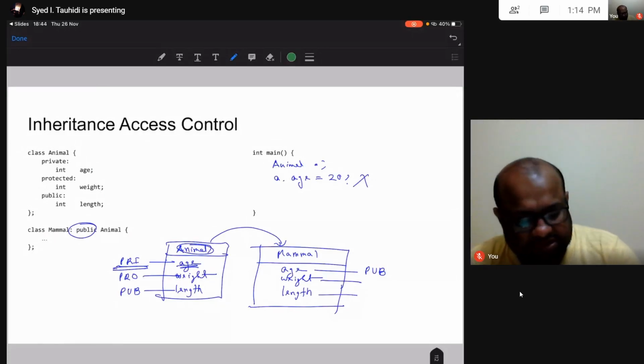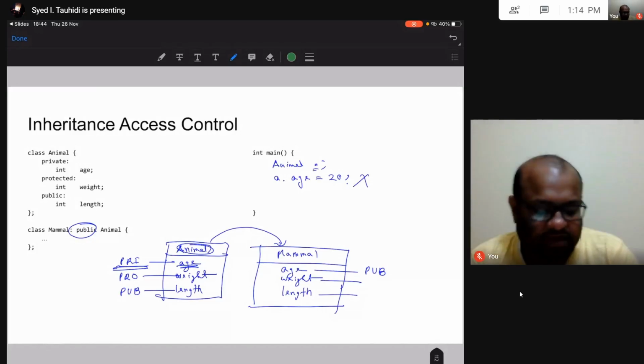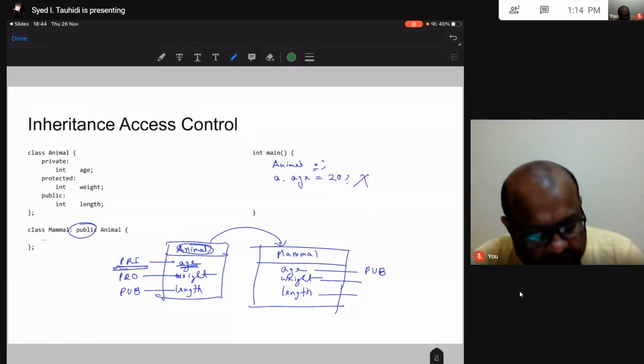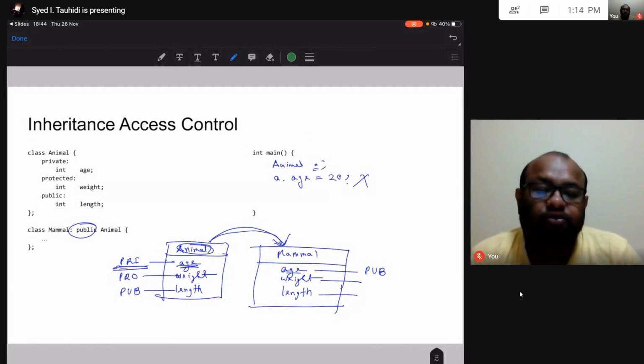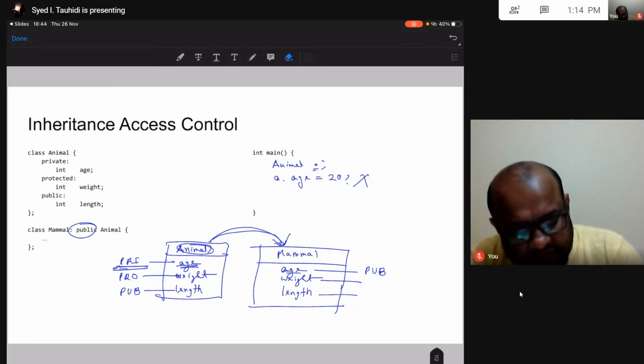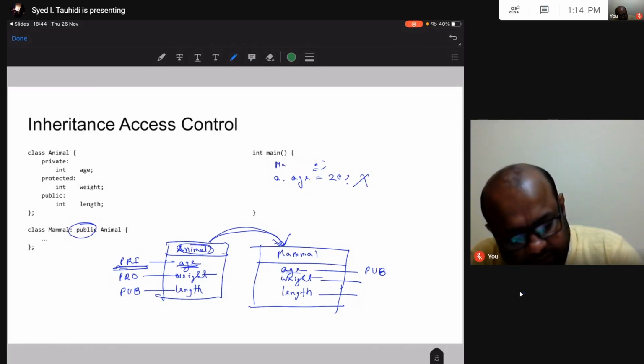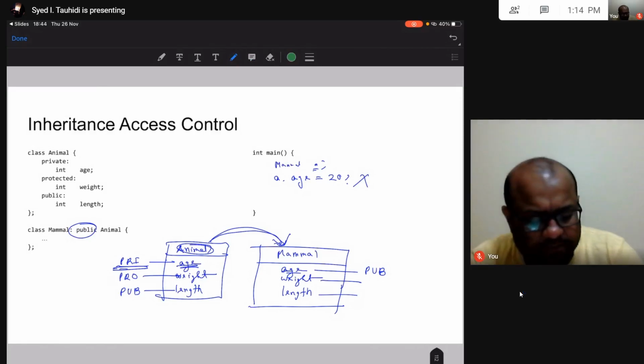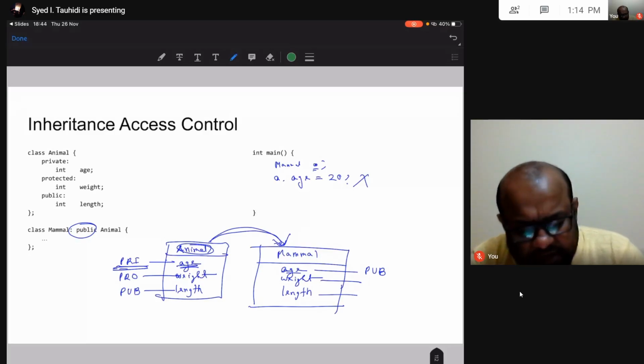If my object A is of type animal, then age is private. But if after inheriting my age becomes public, hypothetically speaking, then if instead of animal I write mammal A, so A is now an object of type mammal, I will be able to set this age equal to 20, right? Because age is now public.